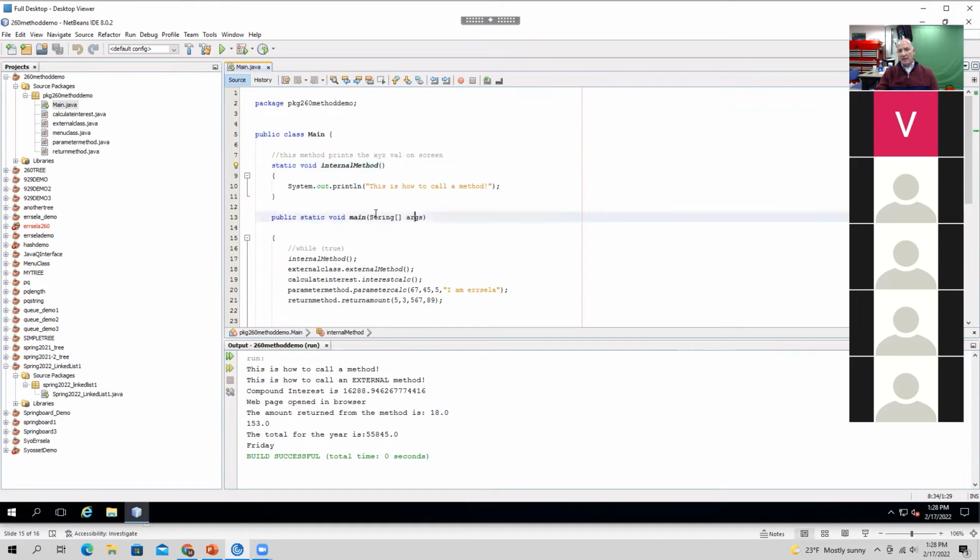Now, in this case, we have a method called internal method. It's static void, and that's the format of it. And in this class, we also have a static void main method. As long as it's named main, the main method is what Java looks for when it starts the program. With a whole bunch of different classes, it looks for the class with the main method and considers it the starting point for the program. It has to be named main. This is how it does it.